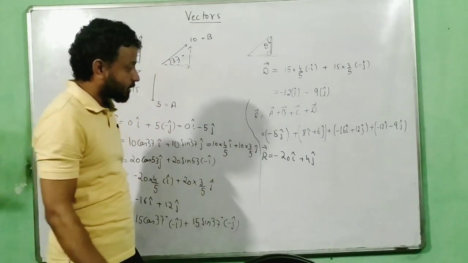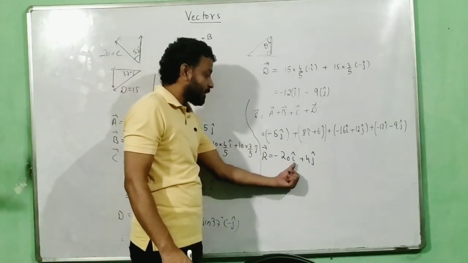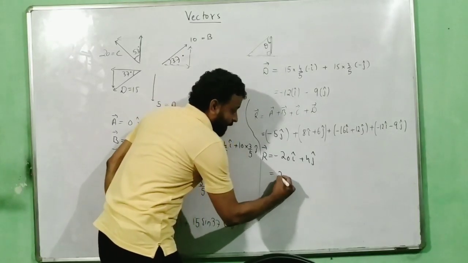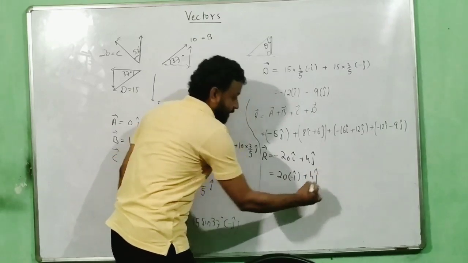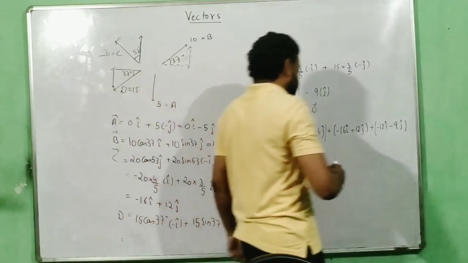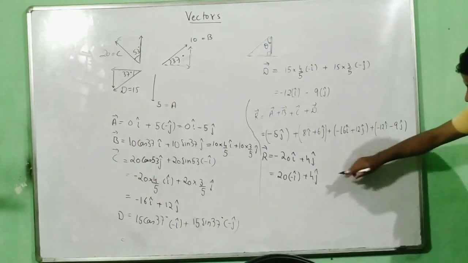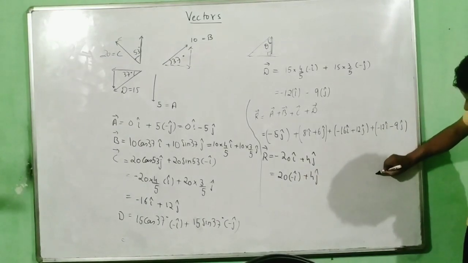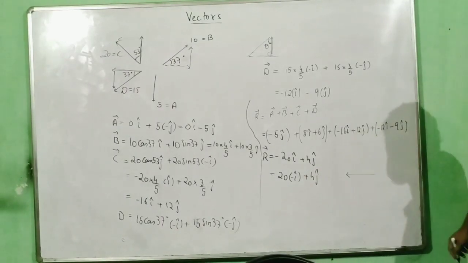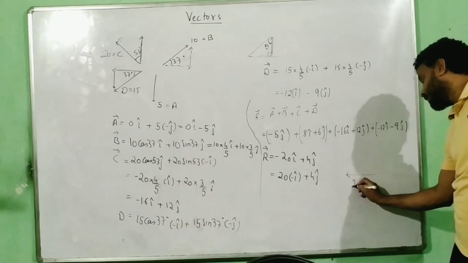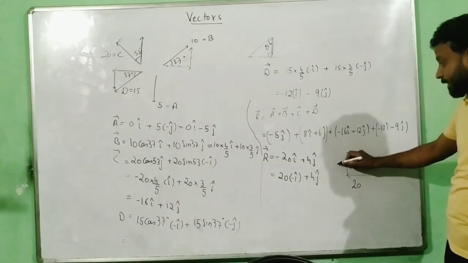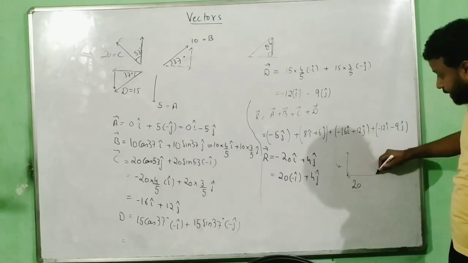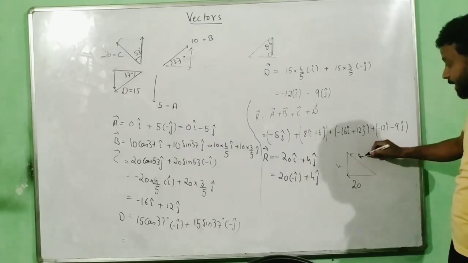Do you know how this looks? Minus 20 I cap I can write as 20 of minus I cap plus 4 of j cap. So how will the resultant of that entire system look? This will have 20 along minus I cap. This is my 20 along minus I cap. Then you have 4 j cap. This is my 4 j cap. So the resultant will be like this. This is my resultant R.